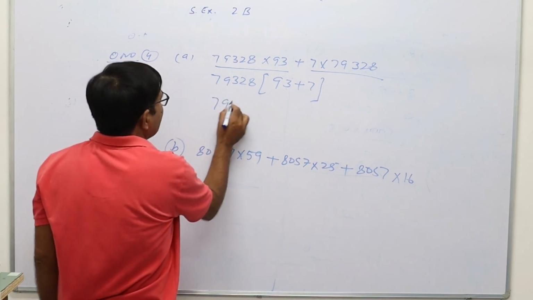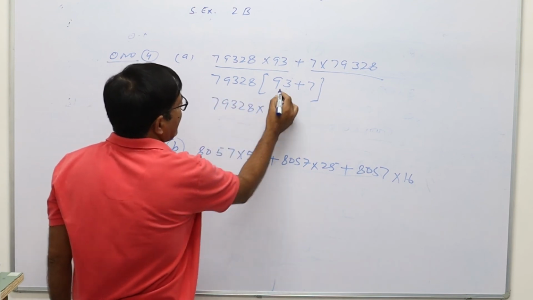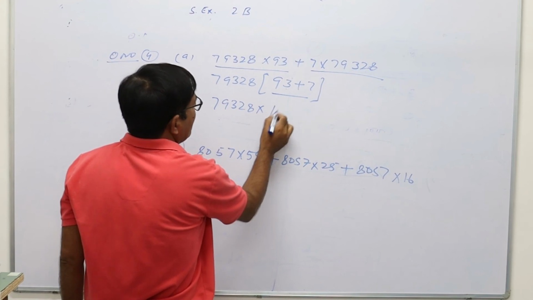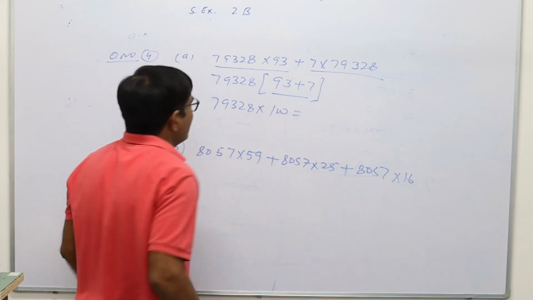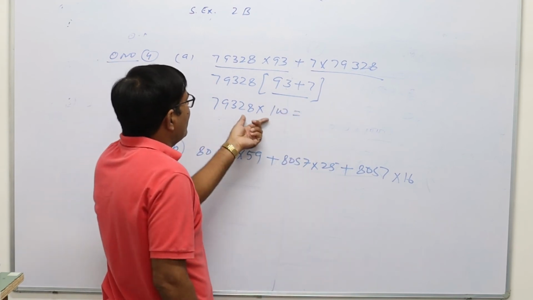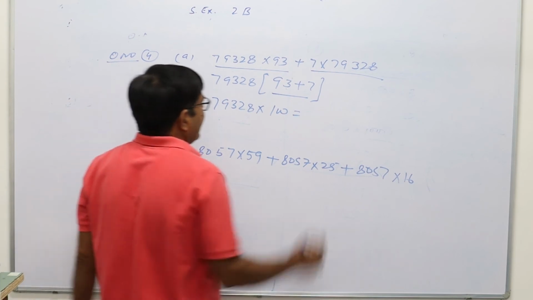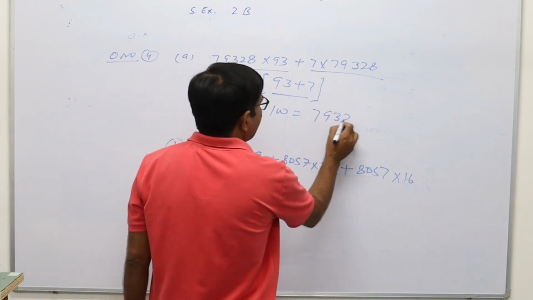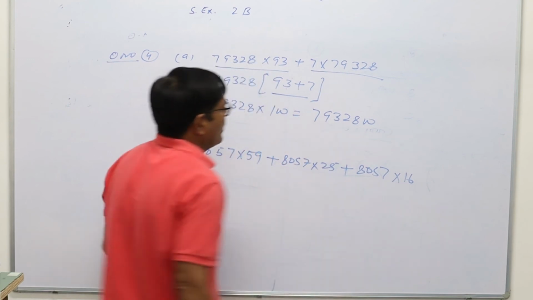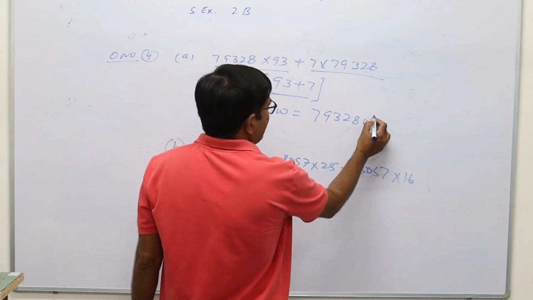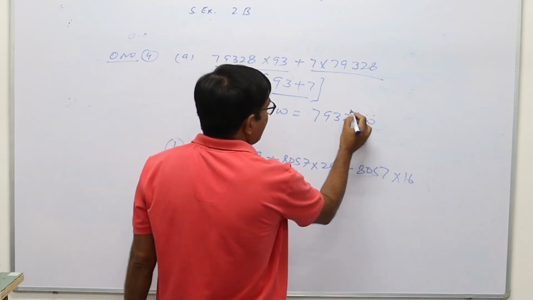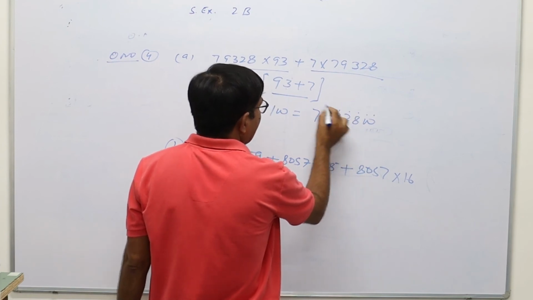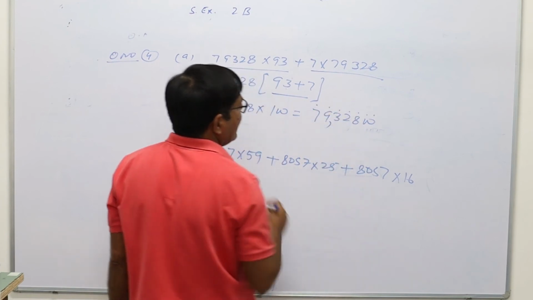Now 79,328 multiplied by 93 plus 7, 100. So its answer will be, just you have to put 20 after 79,328. So 79,328 after 20. Now you can count unit, tens, hundred, thousand, 10,000, lakh, 10 lakh. So 79 lakh,